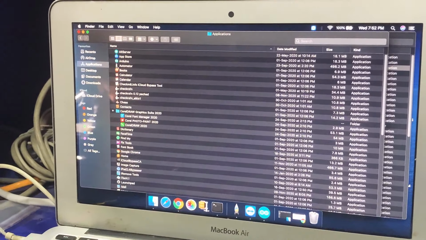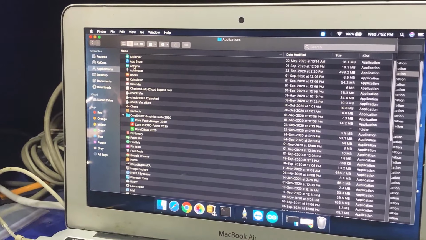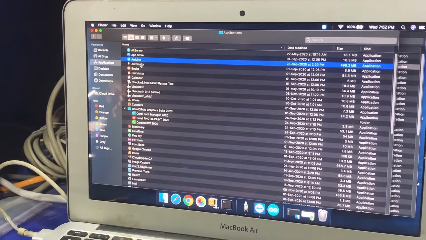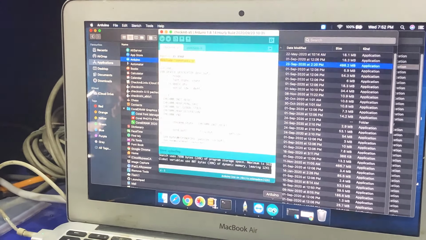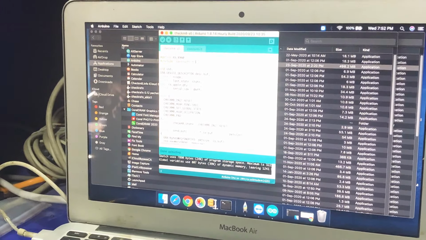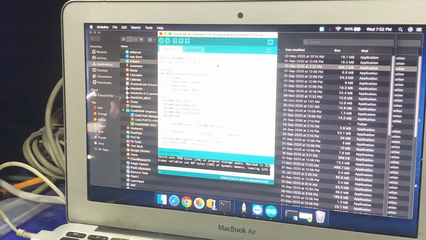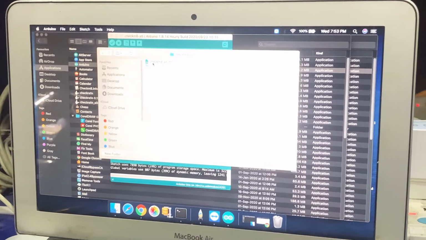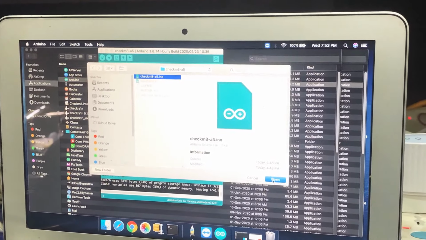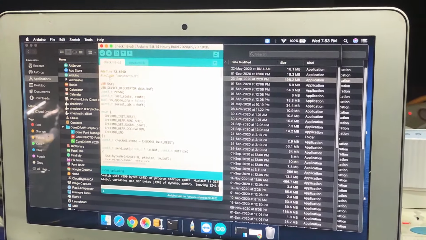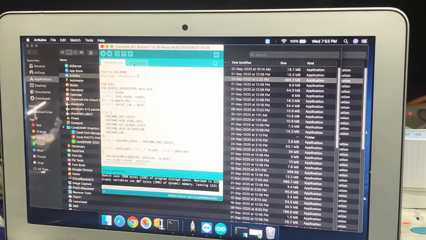I will tell you how to set up this Arduino. First of all, open this Arduino software like this, and select the file from your Mac. You can download this file from the link given below. Now open this file. Now you have to select your chip ID here.